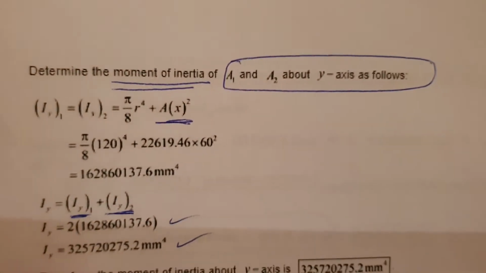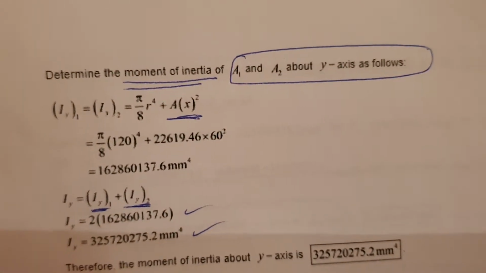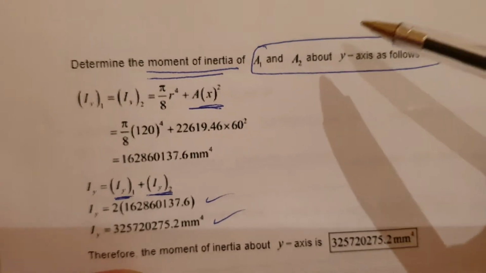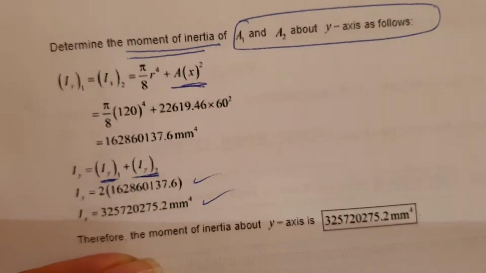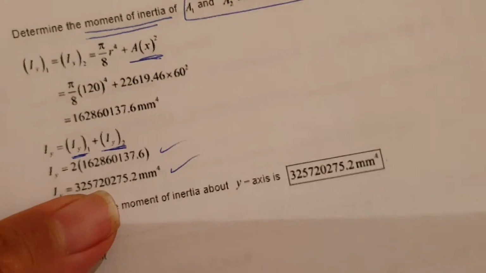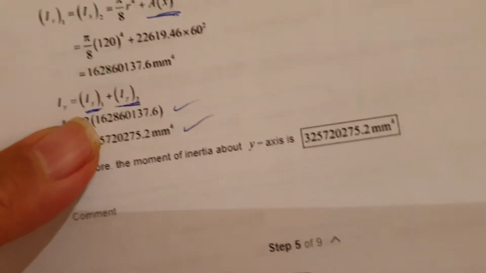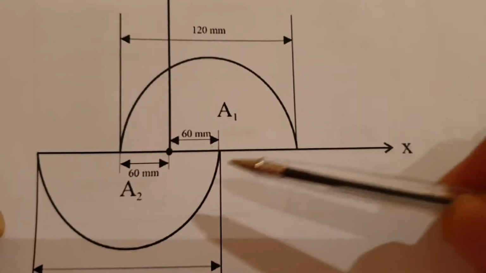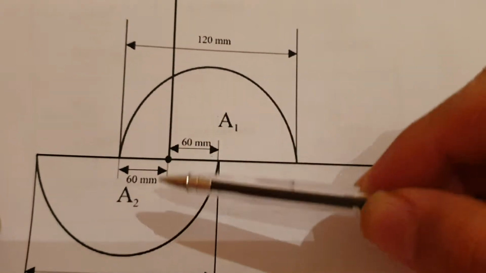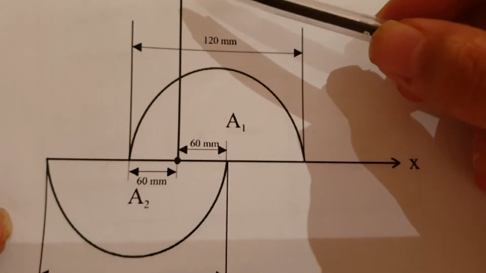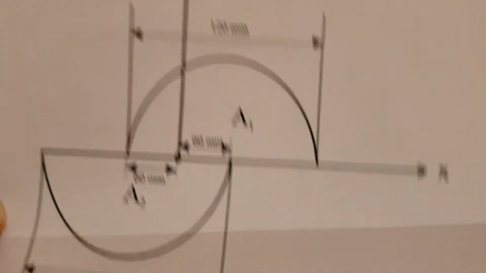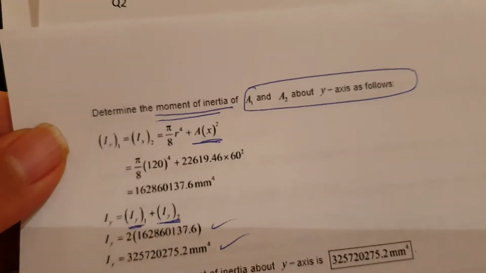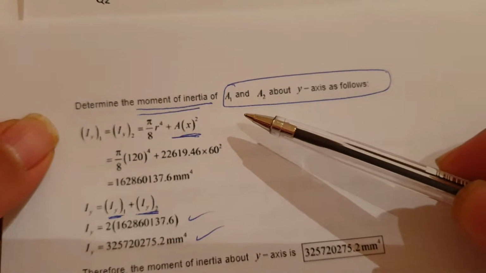Now, let's determine the moment of inertia of area 1 and area 2 about the y-axis as follows too. Now, about the x-axis, we just did it without doing the area, because if you look at this, about the x-axis, we did not do the area because there is a match-up between the top and the bottom. About the y-axis, we have to put the area included. So the area here, it's